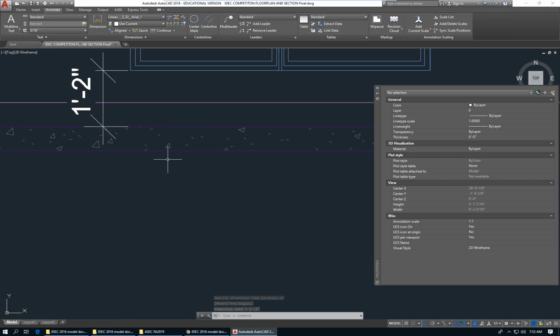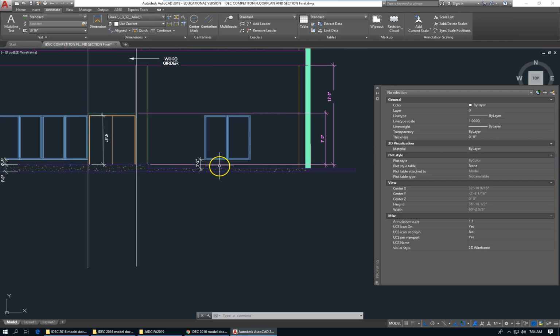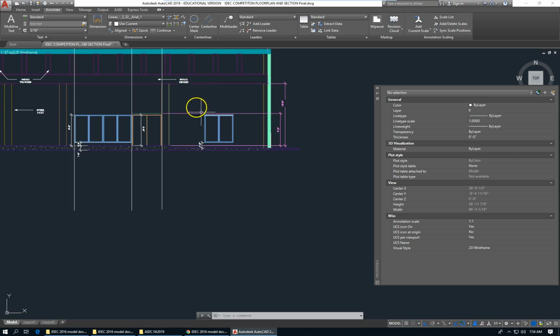So why is it 1 foot 2 inches? Because if it were a 12-inch floor, it would be to the underside. If it were 12 inches, it would be an 8-inch difference. Because this floor is only 6 inches, we add 6 inches to the 8 inches, and we get a sill height of 14 inches, or 1 foot 2 inches. Right? So the concept of